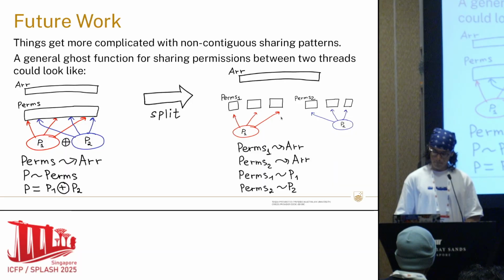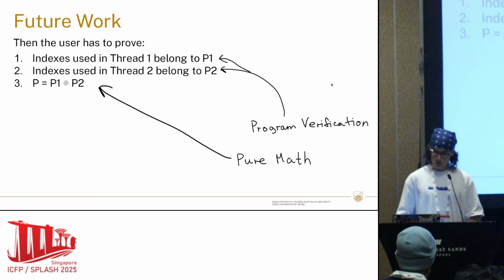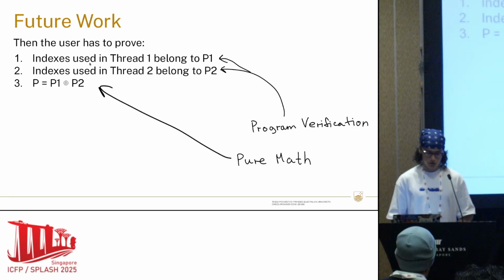And they both point to this array. This could be the function that people could use for arbitrary permission splitting, like a framework. And with this framework, I think